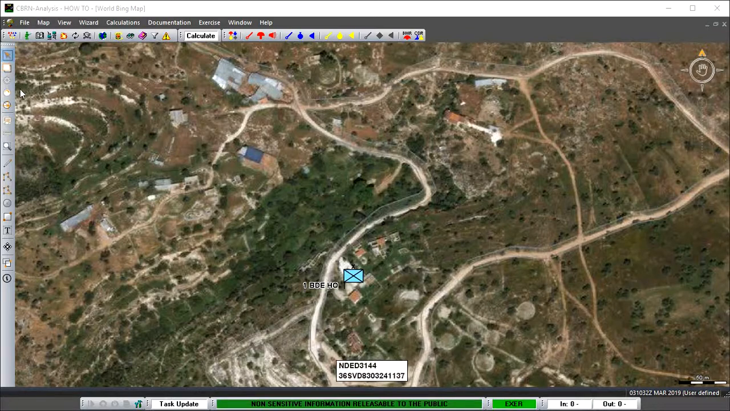That's where most operators leave it. One of the functions we're going to look at in this particular tutorial is how to use the ruler. The ruler is situated under this icon here. All we have to do is click onto it and then we can start to measure distances on the map. However, first thing we're going to do is press F11